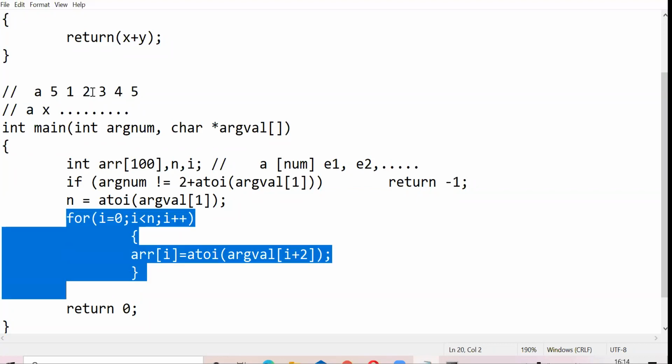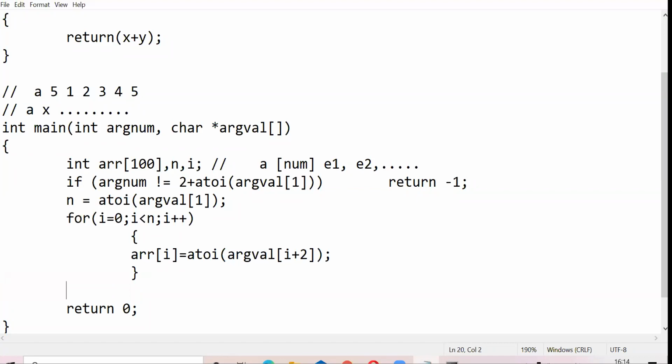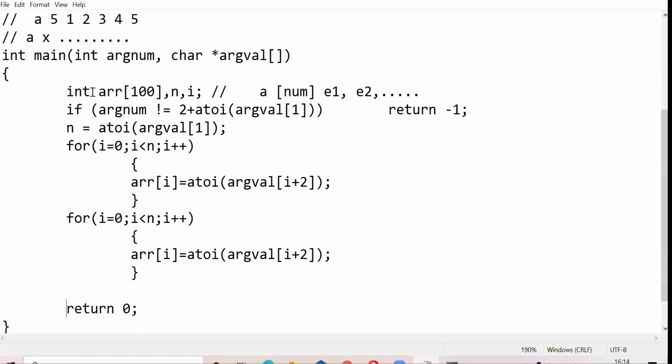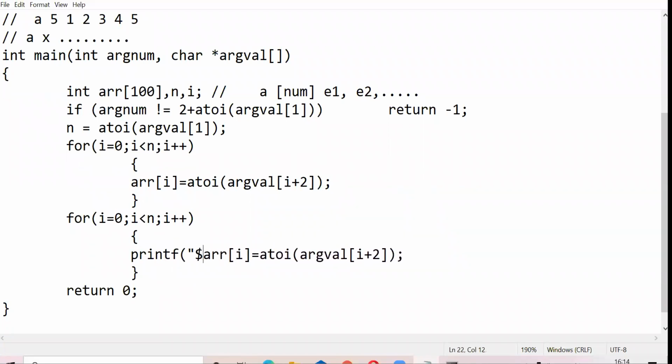And then I can have a for loop for just printing the values of this array here. So this is a simple program to take an array as input and show its values.